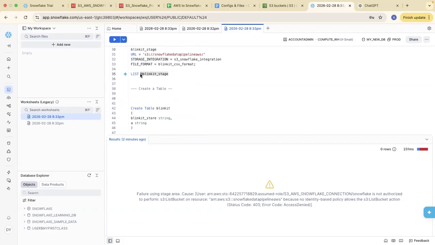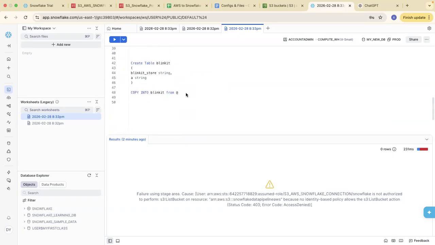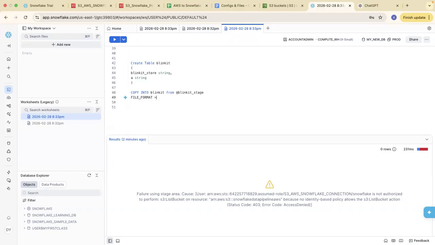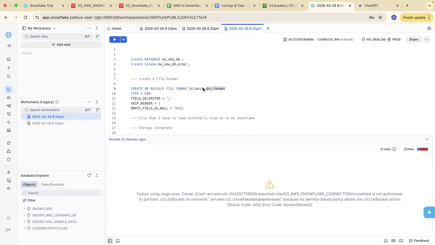From my stage that I have created. So from Blinkit stage, and then I will give the file format. The file format is basically the Blinkit CSV format that we have created.